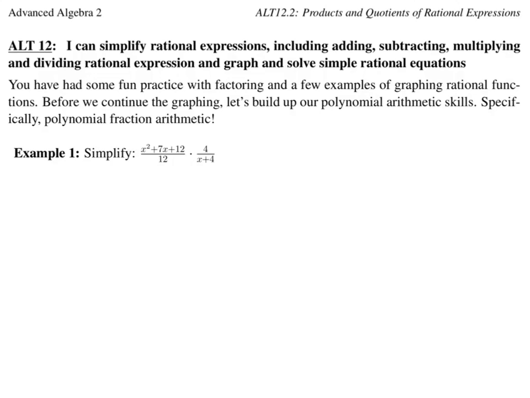x squared plus 7x plus 12 divided by 12, times 4 over x plus 4. Let's factor the top. On the left we get x plus 3 times x plus 4. On the right, there's nothing to do. I put parentheses around the x plus 4 on the bottom. This way, when I write them next to each other,